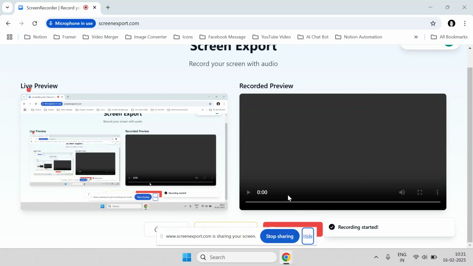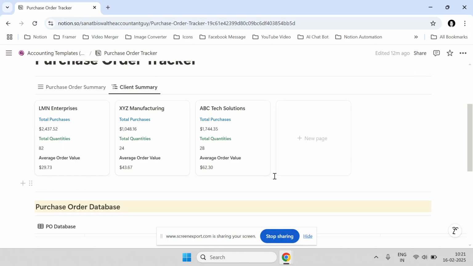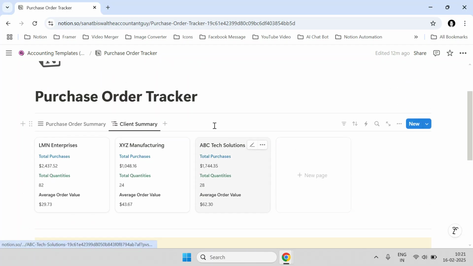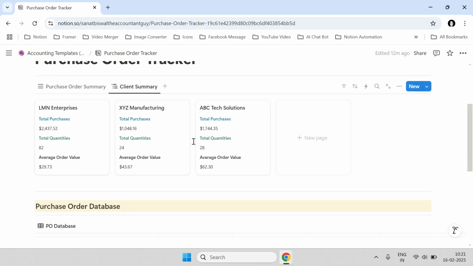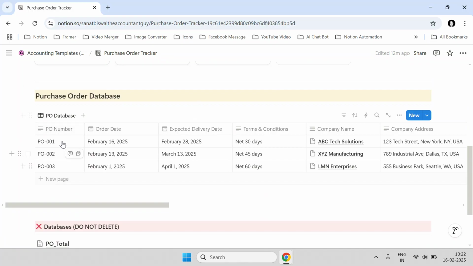Hi, today we are talking about the purchase order tracker, and let's have a look at how you can utilize this purchase order tracker template to keep track of your purchase orders. So first of all, we have a database over here where we have the purchase order number, the order date, expected